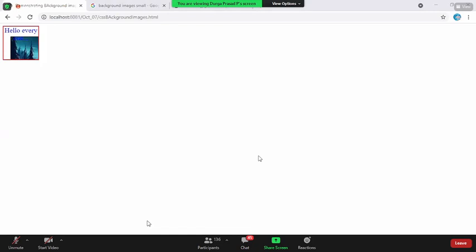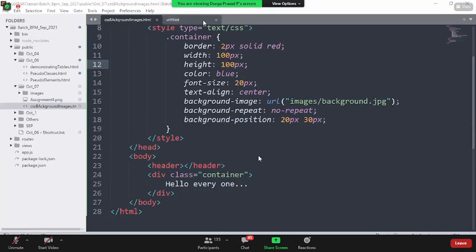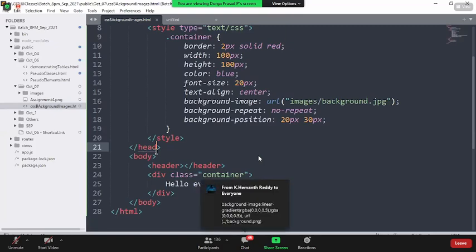Okay, so this is about the background images, guys. Anytime you want to add a background, you would have seen some of the pages where the body tag itself is having a background image. Even for the body tag, you can add a background image so that the complete image is displayed for the complete container. We'll see those things later. For now, we have seen that for any container, not only colors but even an image can be added as a background here. Okay, fine. Next, this is what the background position is.